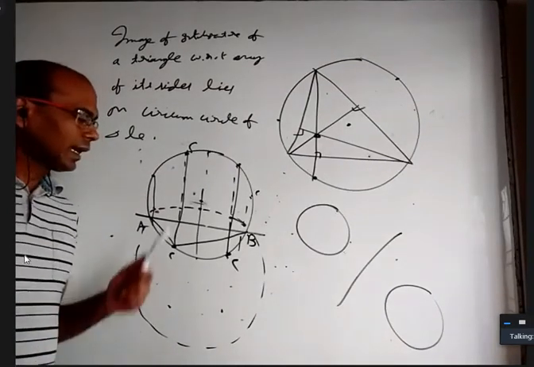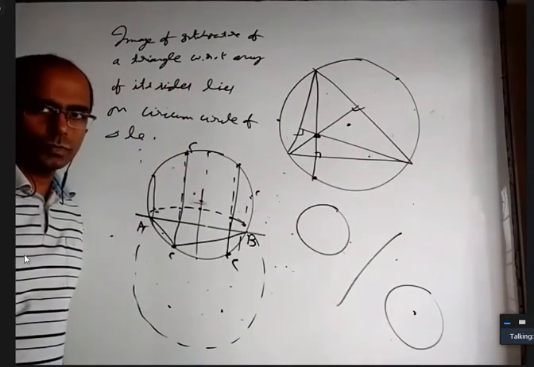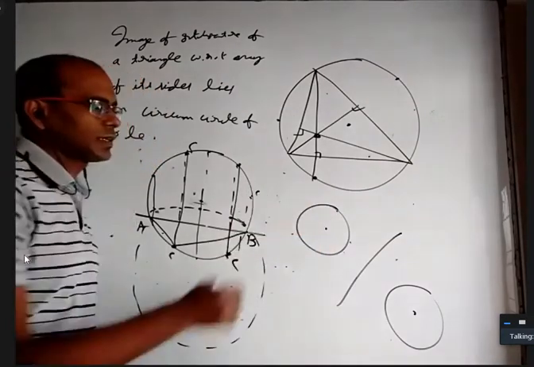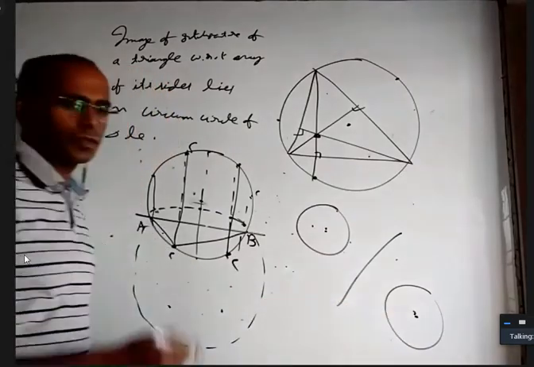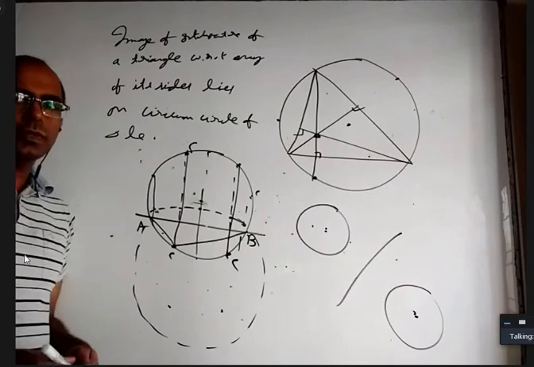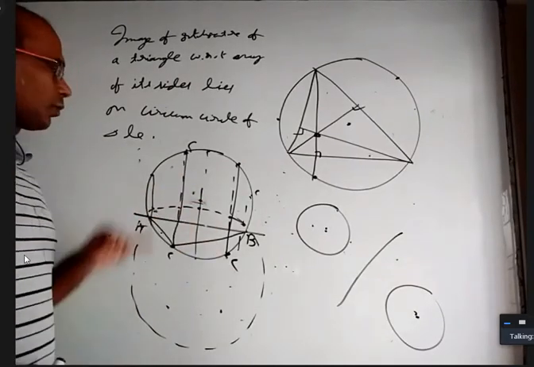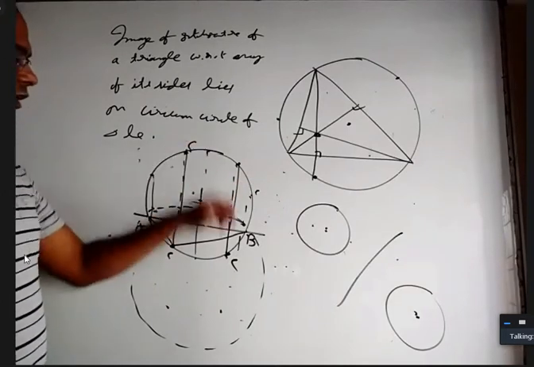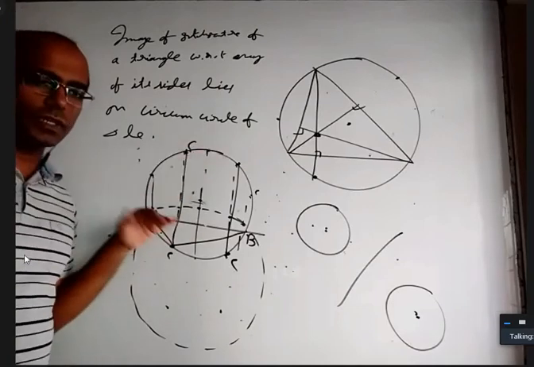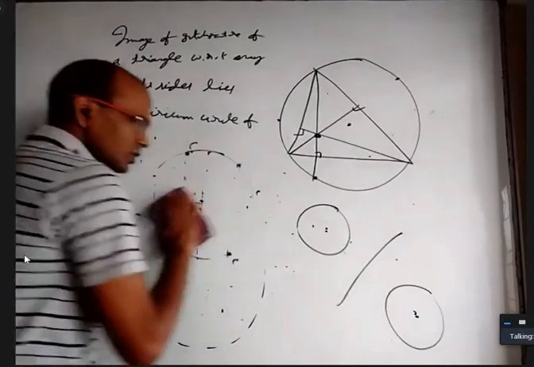And how to find the center of this new circle? Find the center of the original circle, find its image, and you'll get the new center. Knowing the new center and new radius, you can find the circle. So the question is: a line and a circle are intersecting at A and B, point C is variable on the circle, for triangle ABC, what is the locus of the orthocenter? It is nothing but the image of the original circle with respect to the given line. One more connected point I want to discuss.